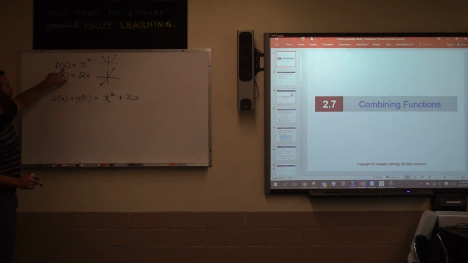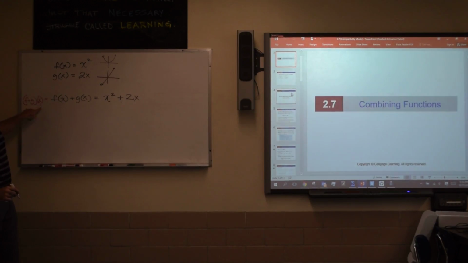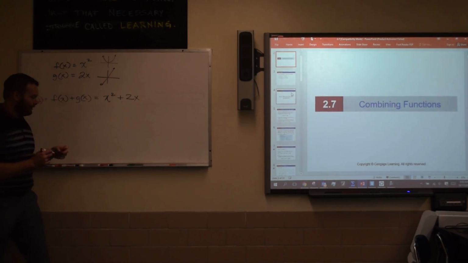The y value of this function is equal to some x value squared. The y value of this function is equal to 2 times some x value. Well, the y value of this function, f of x plus g of x, sometimes written this way, f plus g of x, you can write it both ways. So that y value is simply these respective y values added together. Does that kind of make sense? So if I look at,